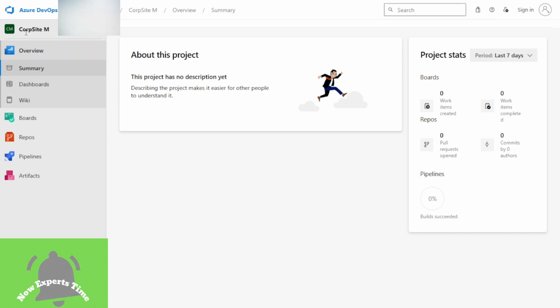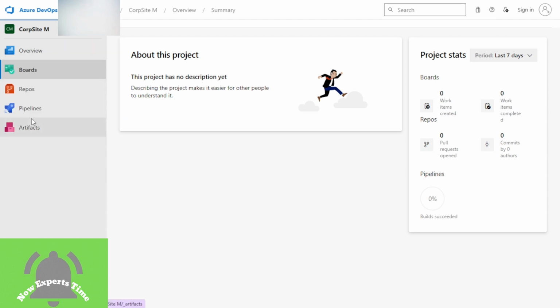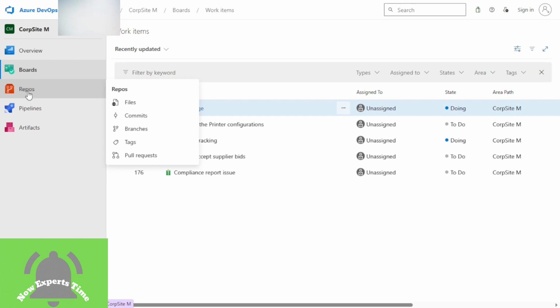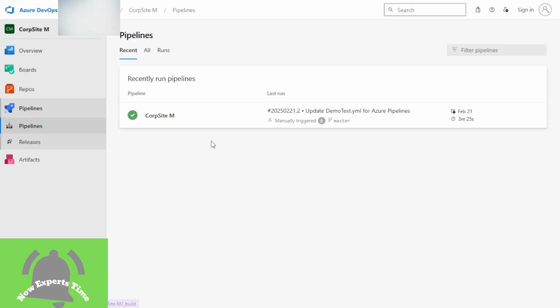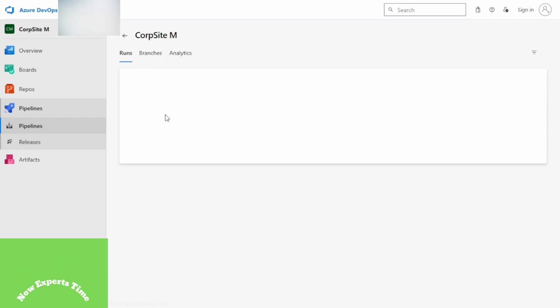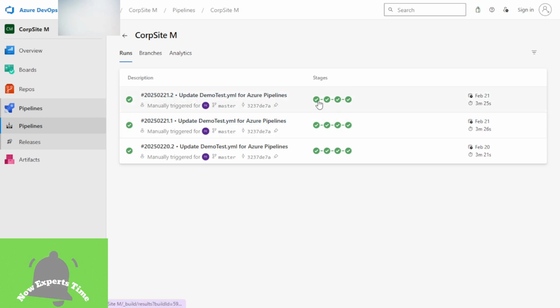The project name is Corp Site M. If you go to this pipeline first, I want to show the first item. This pipeline is executed in the Corp Site project. When it is executing in the Corp Site project, you can see 4 items in green color. That means build and test, QAT, change acceleration, and production deployment. So if I open